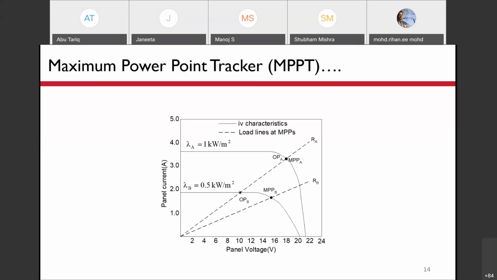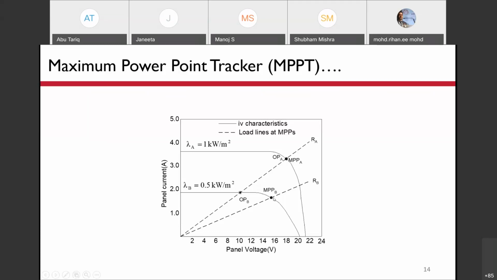But now insolation changes from 1 kilowatt to 0.5 kilowatt per meter square. Now, with the same resistance RA, the operating point is now OPB. The load line intersects the IV characteristics at the point OPB. This point is not the maximum power point, and the maximum power point for this insolation condition is this much.